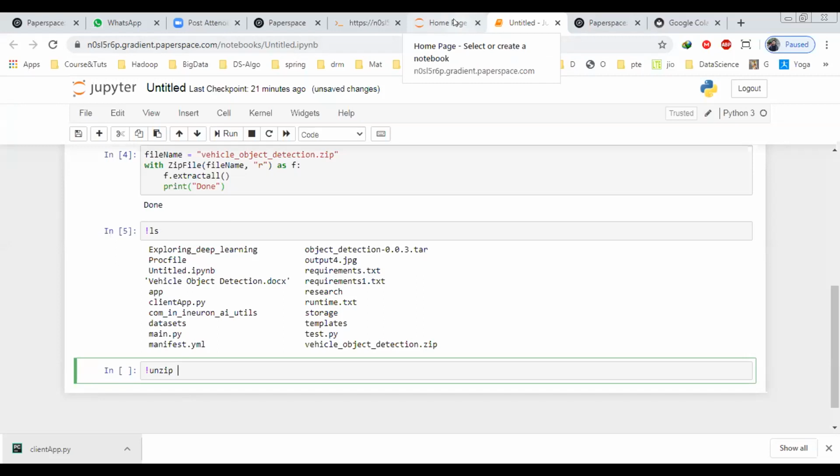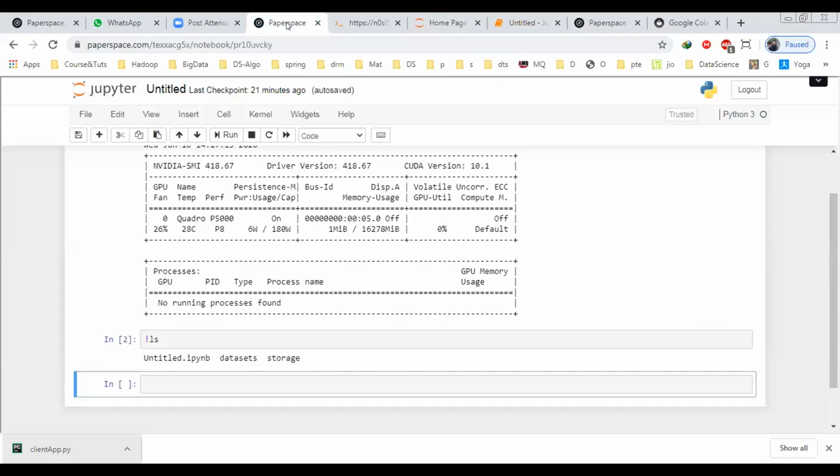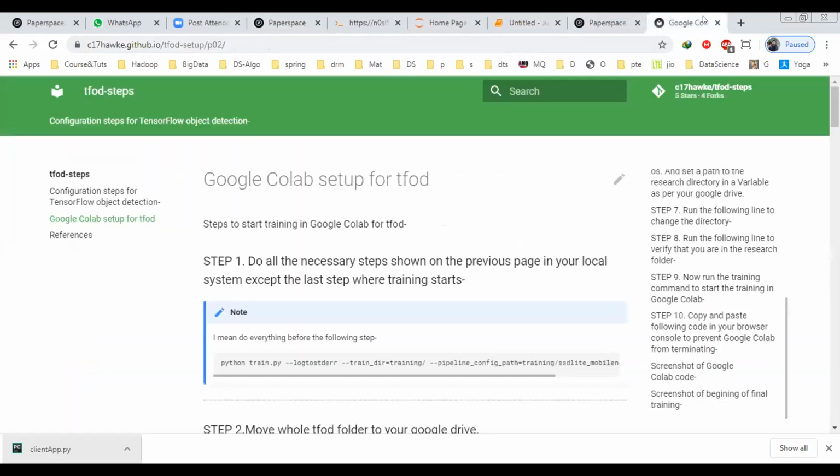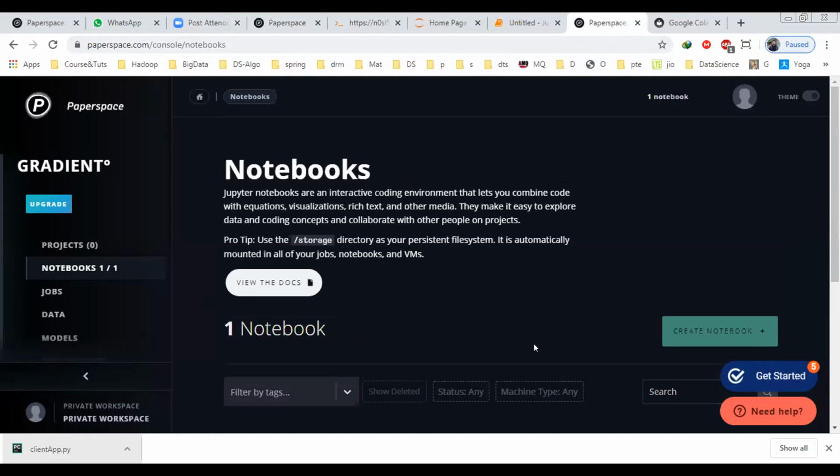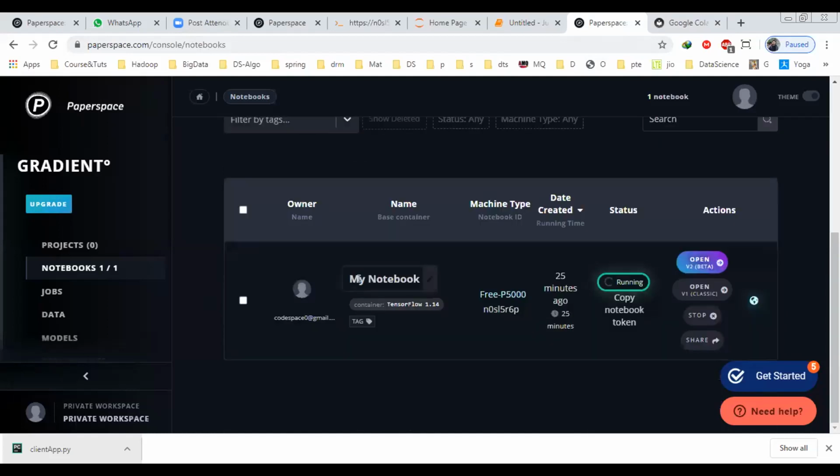No, it's up to 10 GB. I think there is 10 GB of space, I guess. I have to confirm that one, which I saw. Let's see. If I create a fresh notebook, let me check where it is. Paperspace tag 25. Somewhere I have seen it. It says that there is 10 GB of space there.